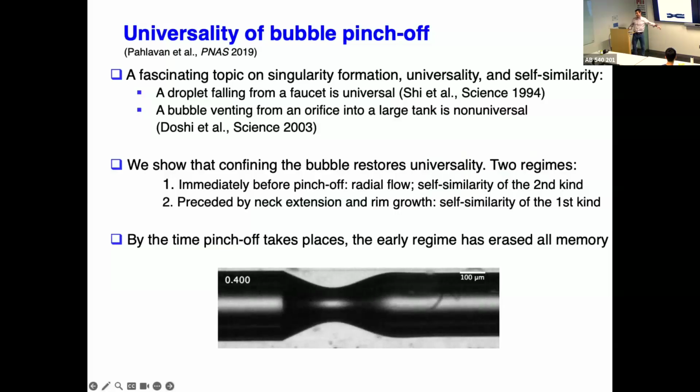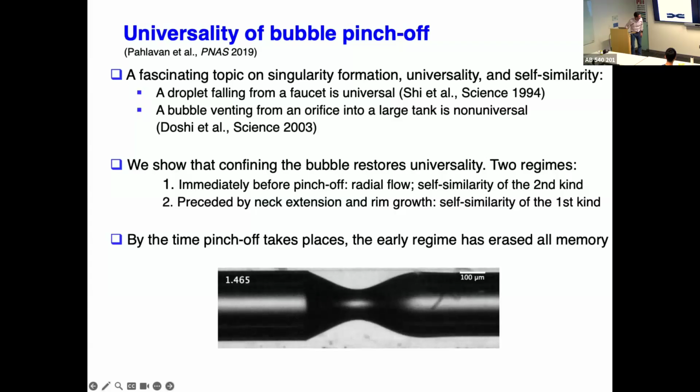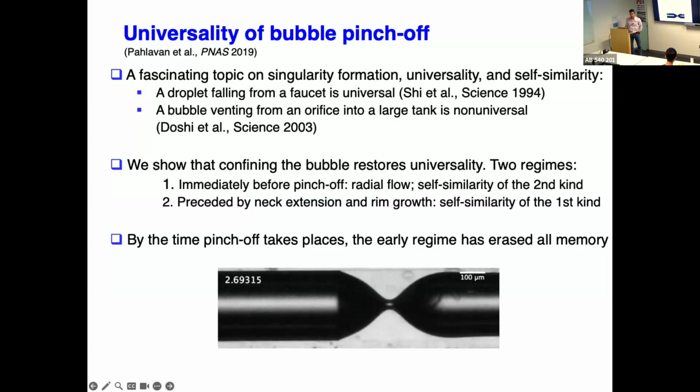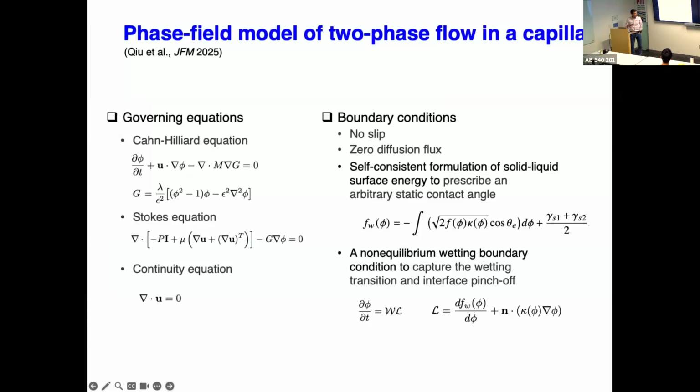Anyway, I'll just show you a picture, a high-speed video of the pinch-off. Amir, who Dennis knows very well, likes these kinds of fluid mechanics problems. Okay, so more recently, we've done some work on trying to model this type of process mathematically,